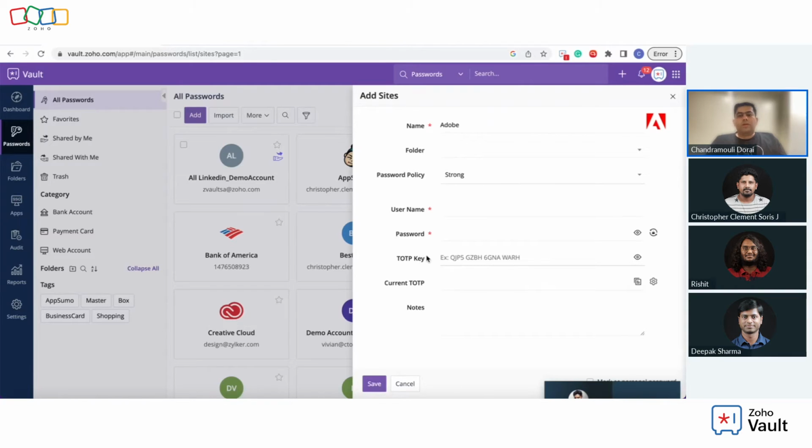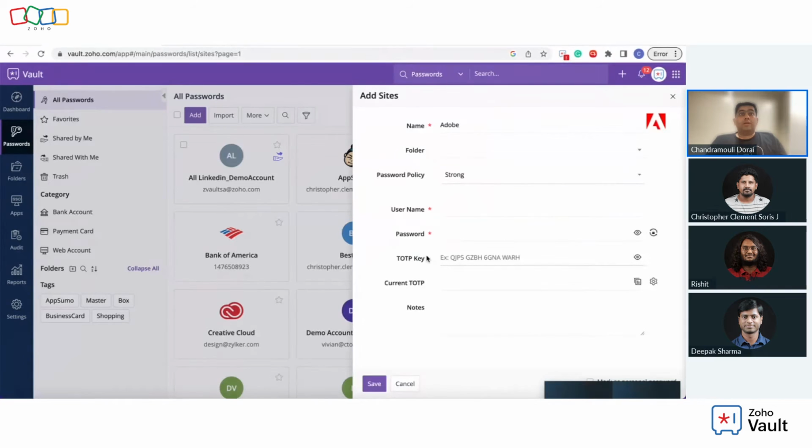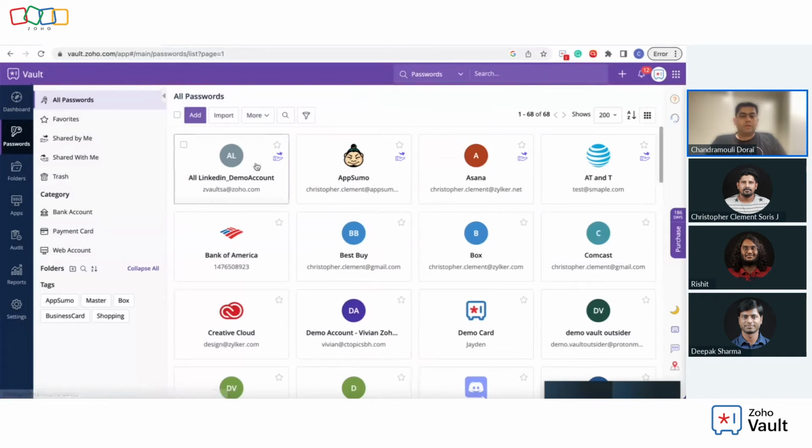You can even add your LinkedIn TOTP to this particular account, and you can securely store it in Vault, and you can share it safely with your team members. Go ahead and try this TOTP feature if you haven't done already. And we also have an integration for TOTP via Zoho OneAuth tightly integrated as well. So yeah, this is the way you add